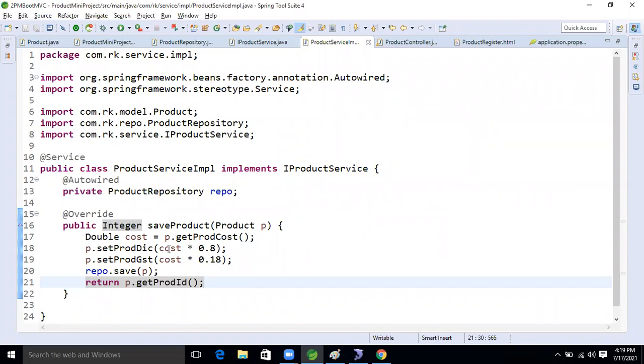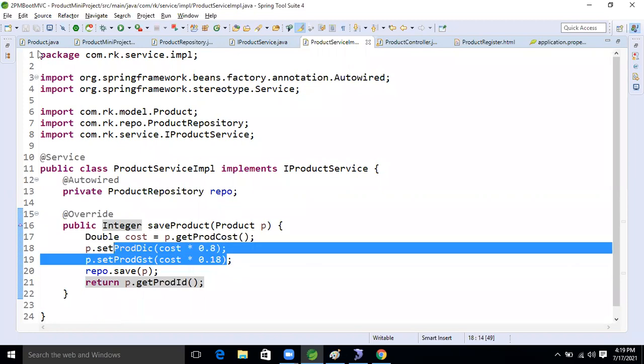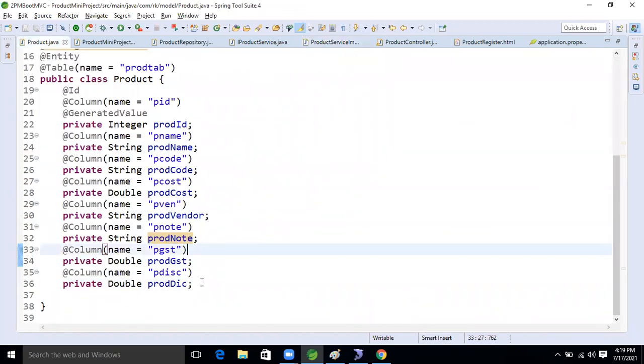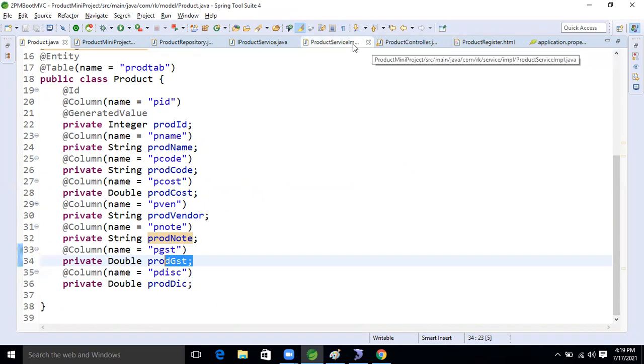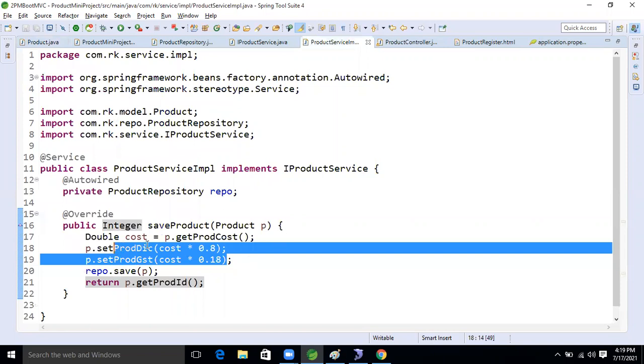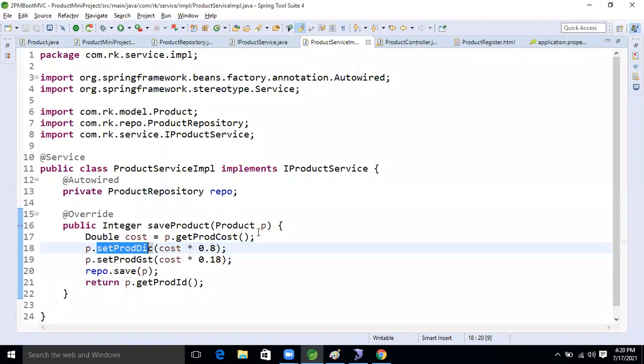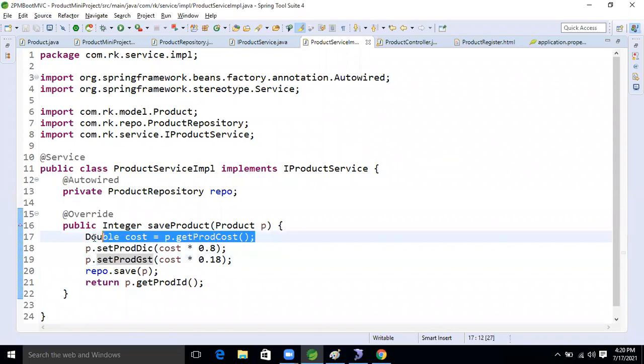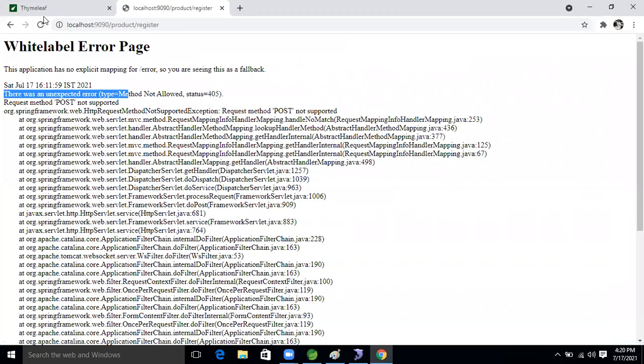Just whatever discount percent I want on the product, that discount I wrote, and the GST charge I wrote. I'm saving that GST charge from the service class in this variable, and the discount in this variable. Set means setter and getter. For what purpose are we using them in our application? To set the data and get the data. First, whatever cost we take from the end user, here the cost we are putting explicitly, right?